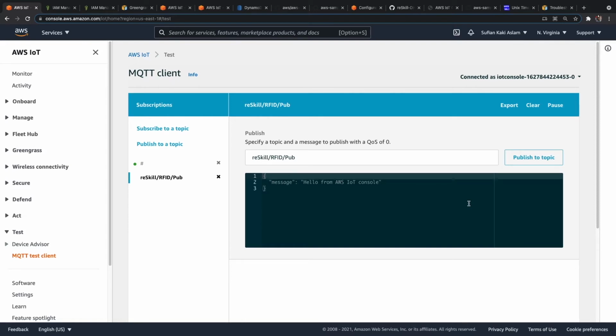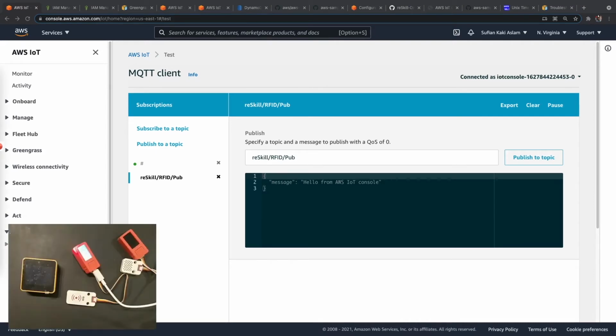If I tap the M5 stack card, let me reset this device. This RFID thing is working, and this has also begun working. Now, sorry about that. So I just completed programming this M5 stick C, and then now what I'm trying to do is, if I tap M5 stacks card. This has got connected.